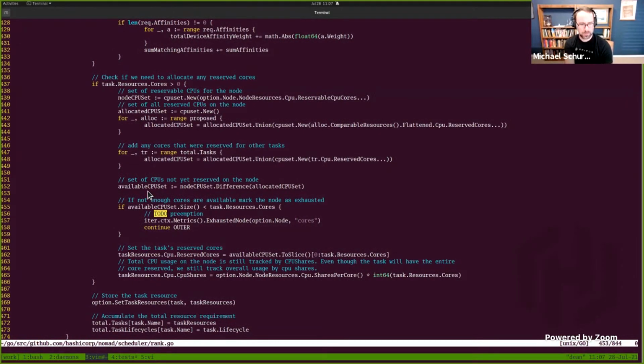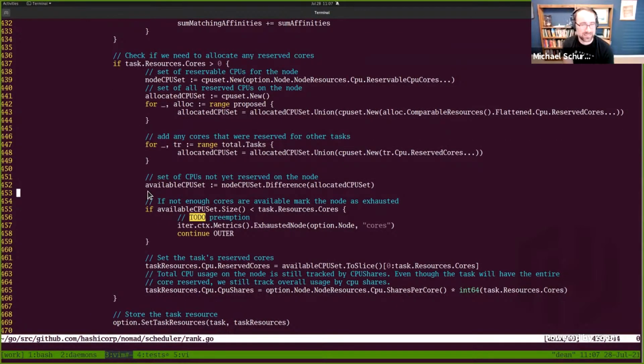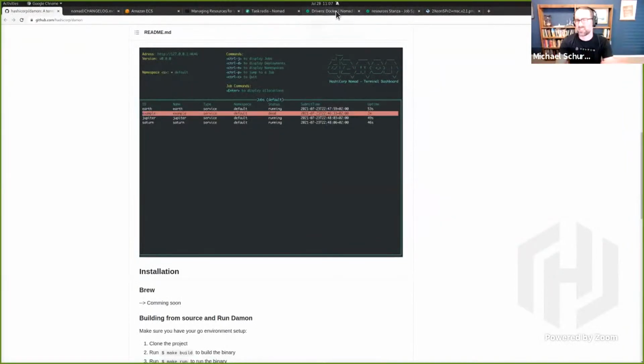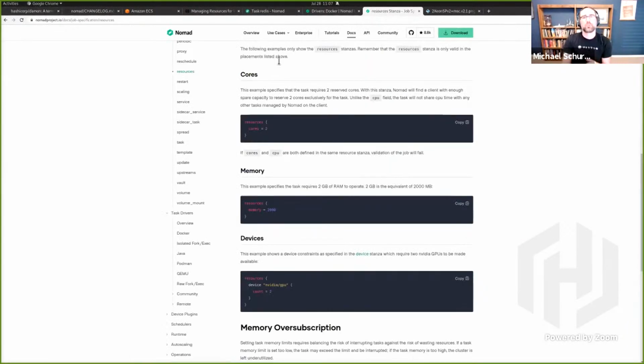All right, we probably don't need to jump straight into the scheduler code. Although, hey, here's the scheduler code for it. It's kind of funny, this is actually most of the scheduler code for cores. So CPU cores was a new feature, and just to take a step back and not dive all the way to the bottom of the stack from the very beginning, CPU cores was a new feature in Nomad 1.1. It's just a new way of specifying the CPU requirements for a task.